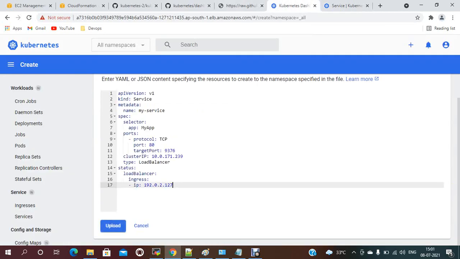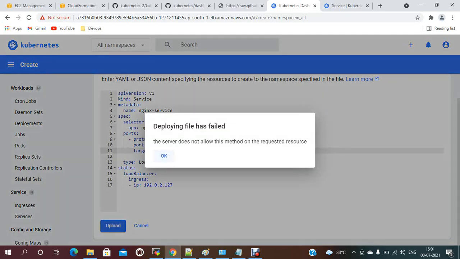Just pasting this one. I'm changing the service type: Nginx service, app is Nginx, protocol TCP and cluster IP. I don't need anything else. And load balancer type, okay. And for port and target port I'm giving 80. I'm just updating this one.